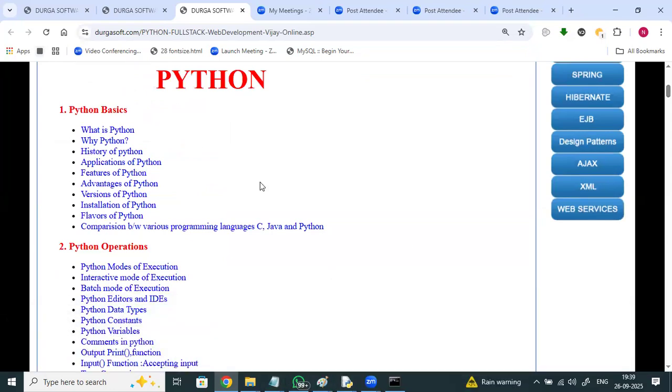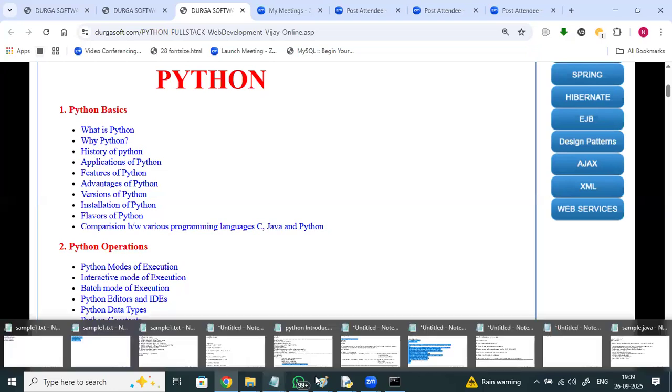For Python Core Advanced, the course fee is 4,000. It is an offer batch. And for Python full stack, total full stack, it is 8,000, right? It covers Python Core Advanced, UI technologies like HTML, CSS, JavaScript, Bootstrap, and also the Django framework, Flask framework.